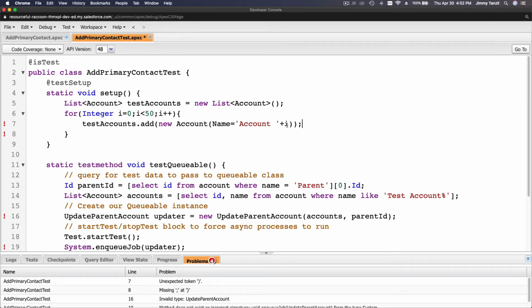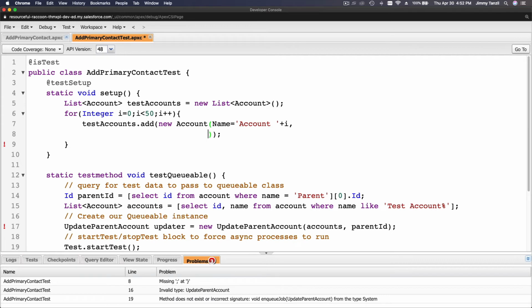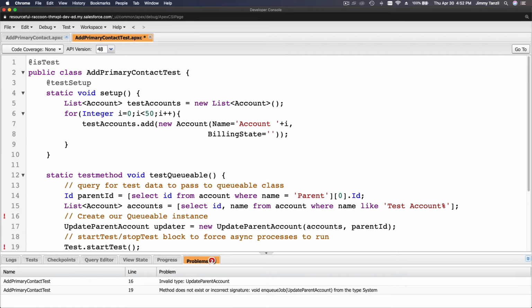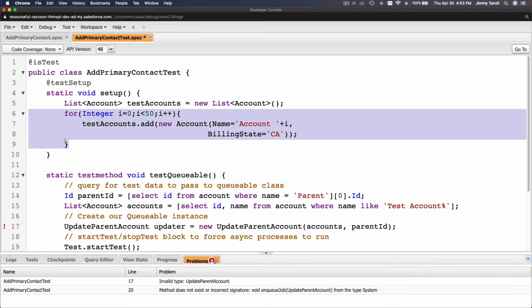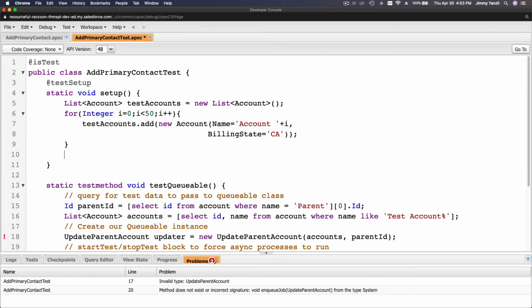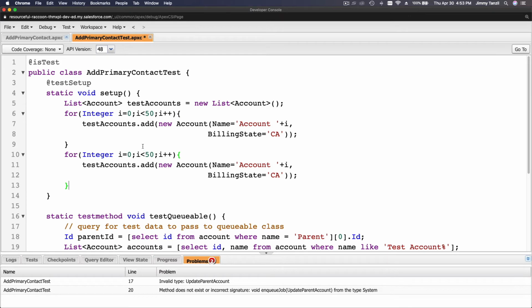And then we want to add the billing state, CA, right? So, okay, I'm going to add that. So then we are looping again over here. Boom. So 50,